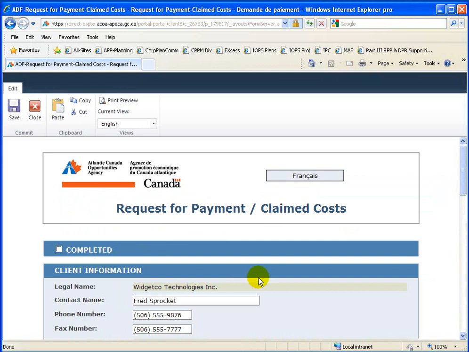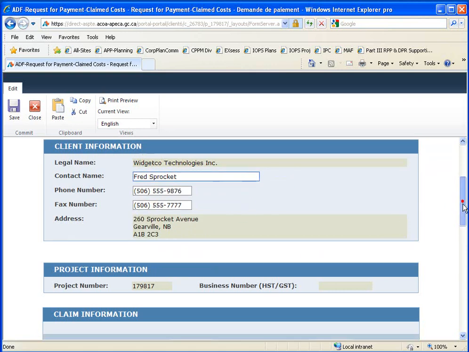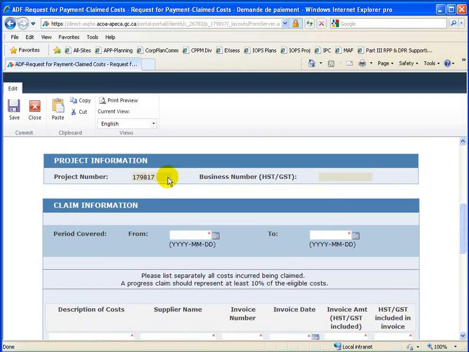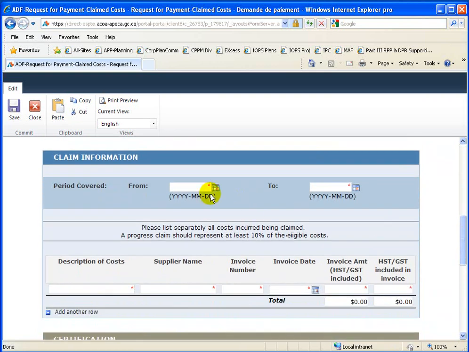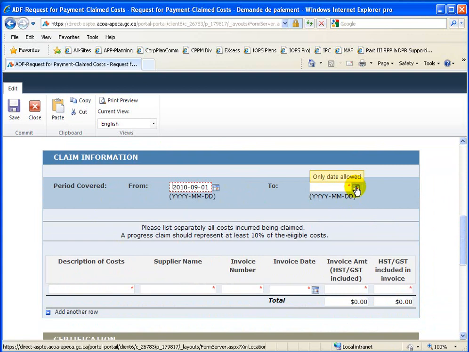Here in the client information section again, you have information that is displayed and cannot be edited, and you do have some fields here that can be edited. In the project information section again, the project number and the business number are displayed only. Then you have your claim information here where you would proceed to enter the period covered. Again, you go to the calendar and you can select a date,